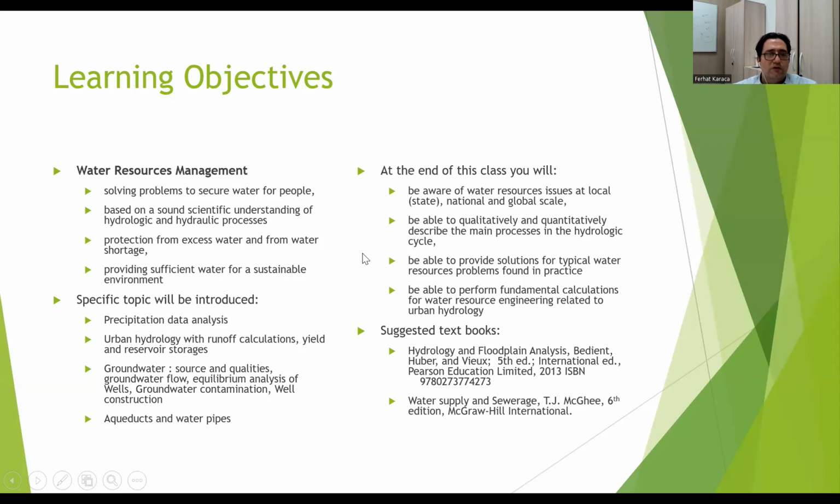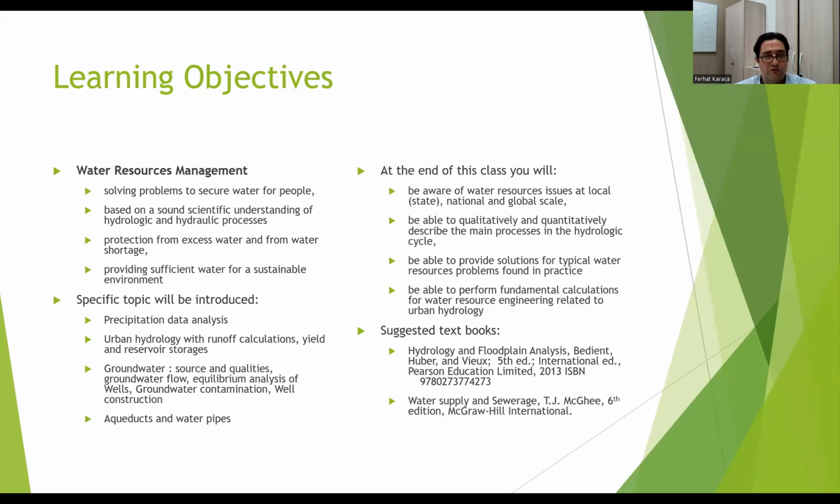We will focus on the excess of water and water shortage, and we are particularly going to focus on some events like flooding events and how you can manage them and how you can use some data to estimate flooding events, and also providing sufficient water for a sustainable environment is another topic which is covered by